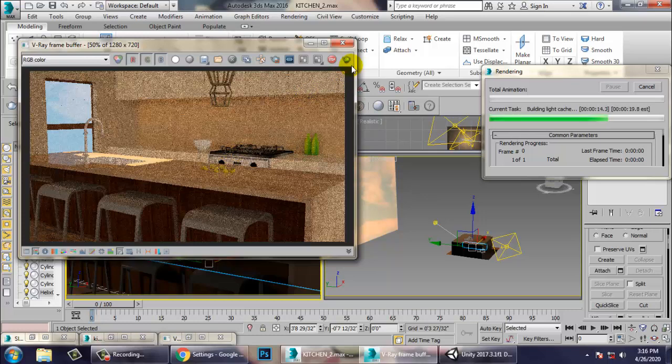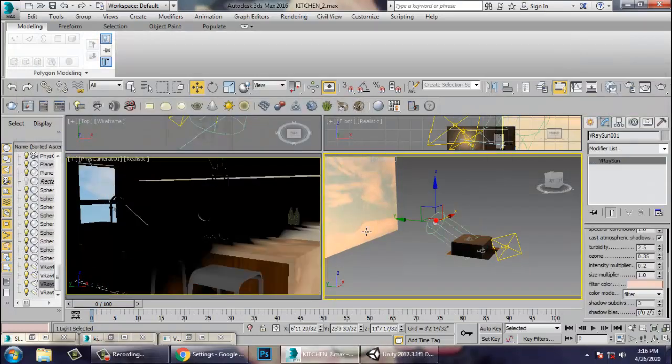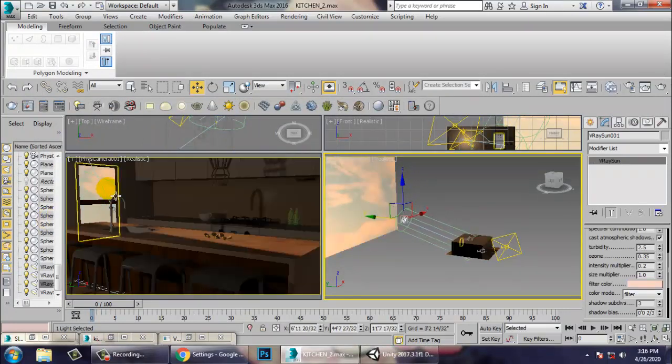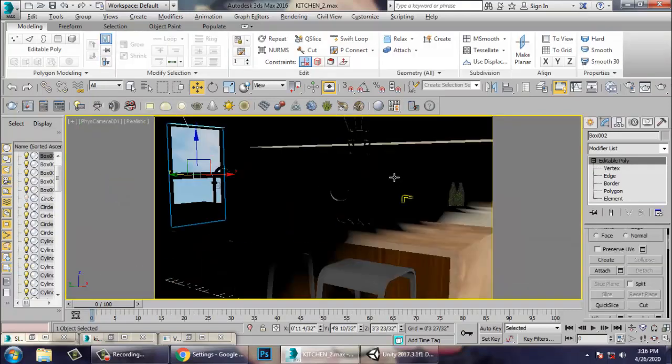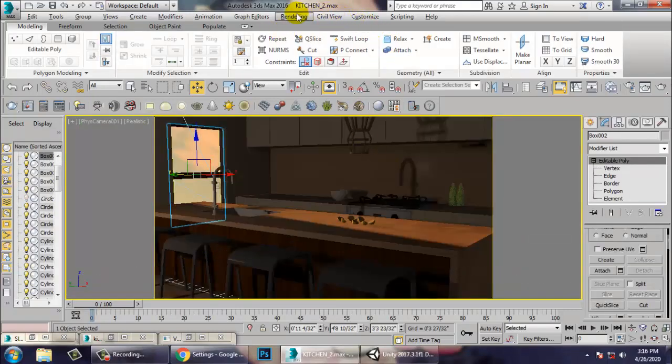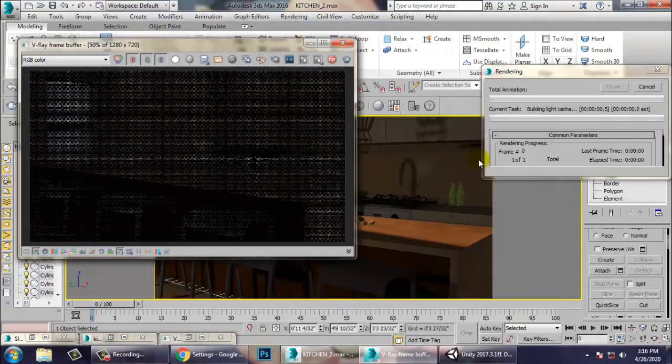So make sure the intensity of the other lights are lesser than your key light. So what I'll do over here is I'll push it more back over here. Now that looks good now. So let's just render this.